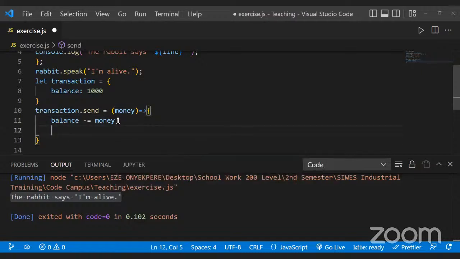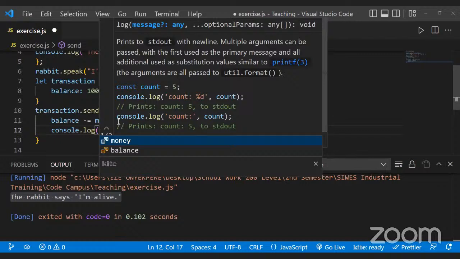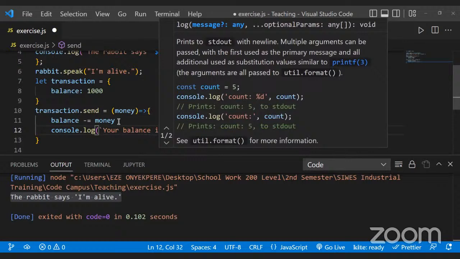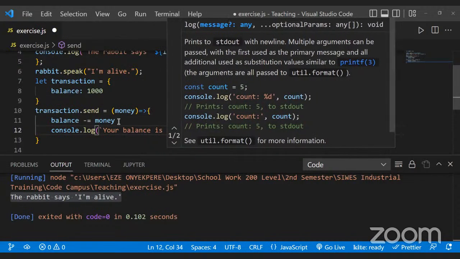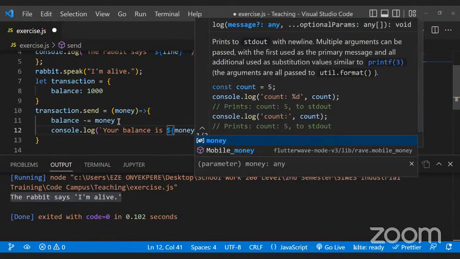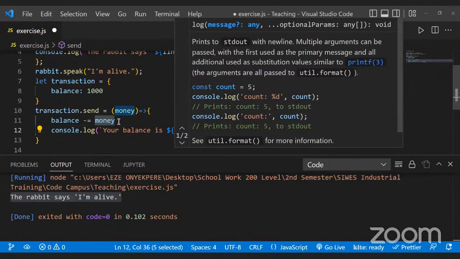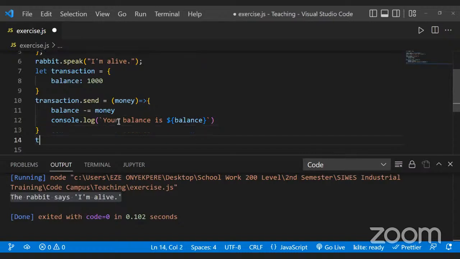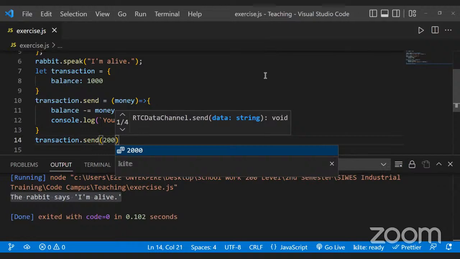Then it should console.log your exact balance, like your balance is balance. So by the time we call transaction.send of maybe 200,